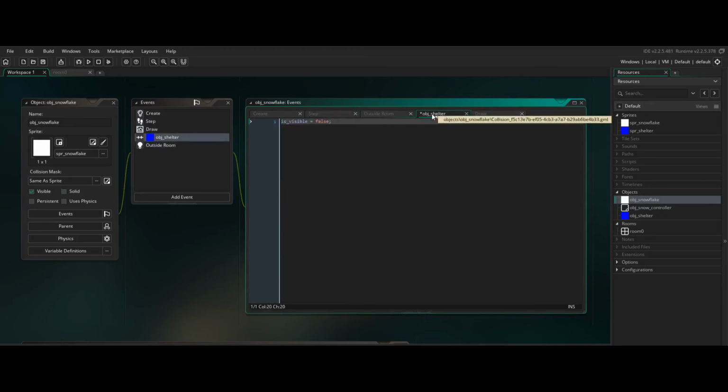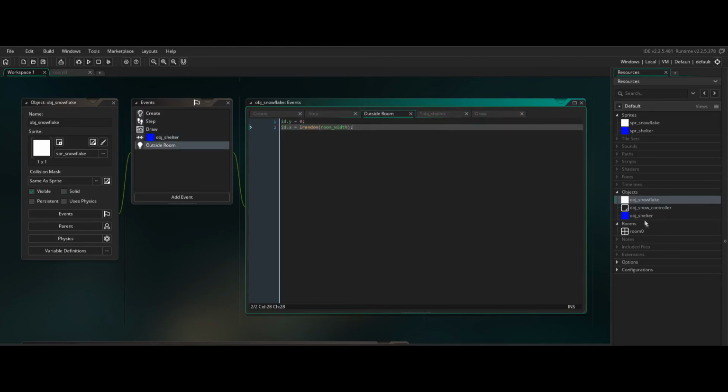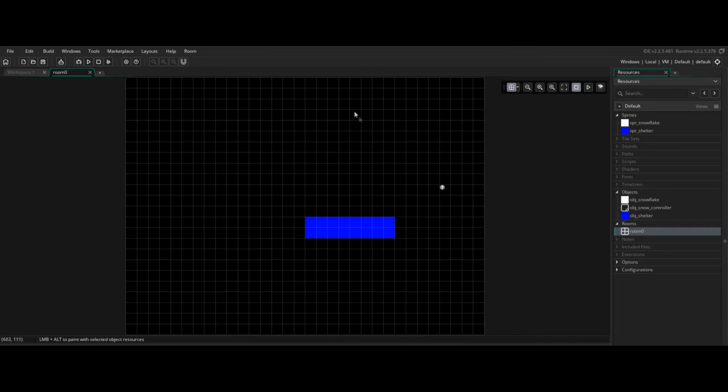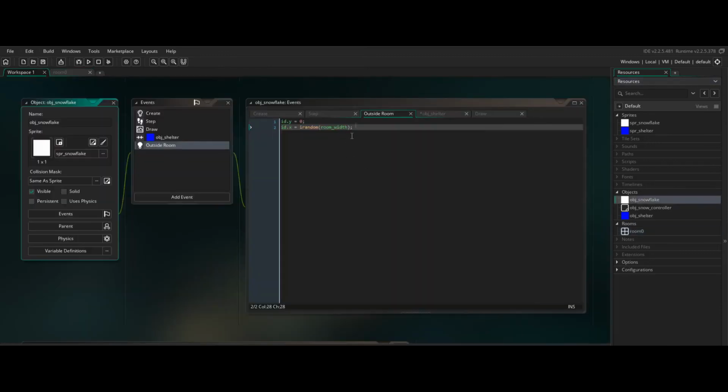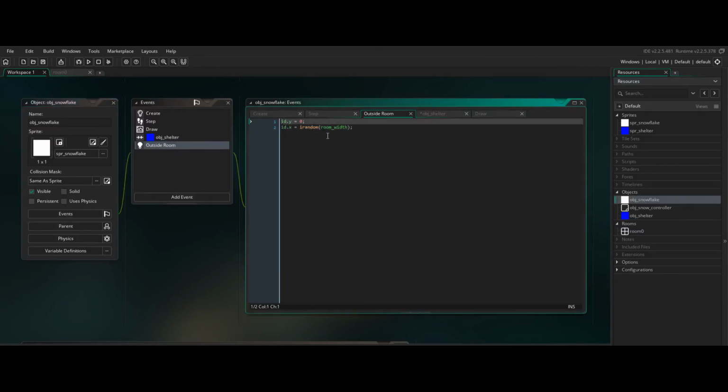So let's go back to outside room. Now try to imagine this. Let's say there's a snowflake coming down here, it hits the shelter and it becomes invisible. So it's not respawning back up the top, it's still falling down, and it'll eventually go outside the room, which will trigger the outside room code to run. So we go back to outside room, and we're going to do one more thing. Before we go back to the top of the screen, set is visible to true,